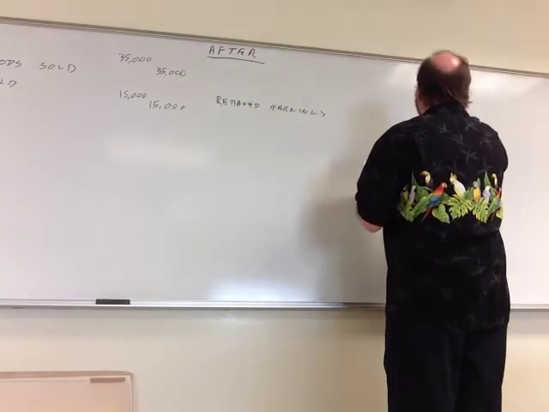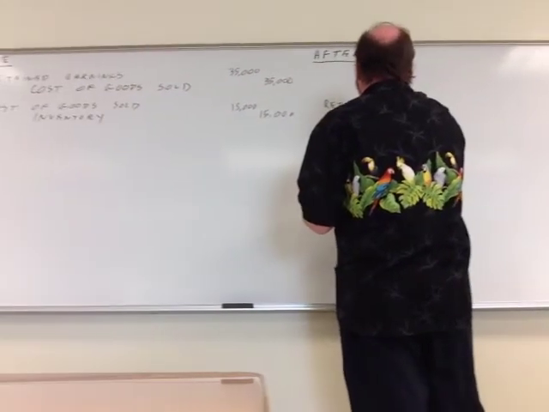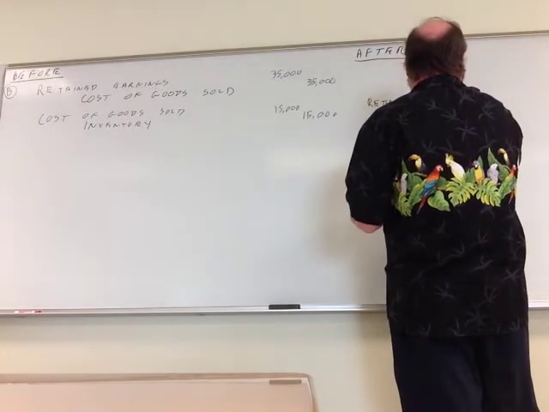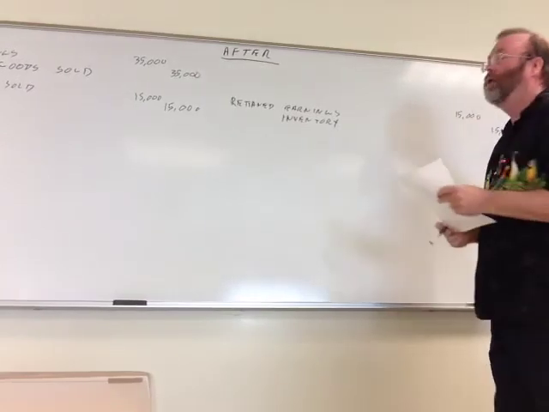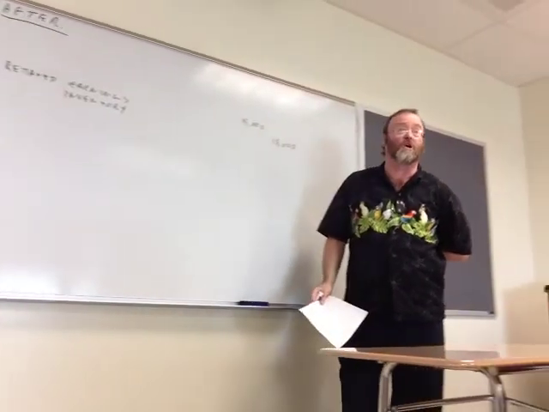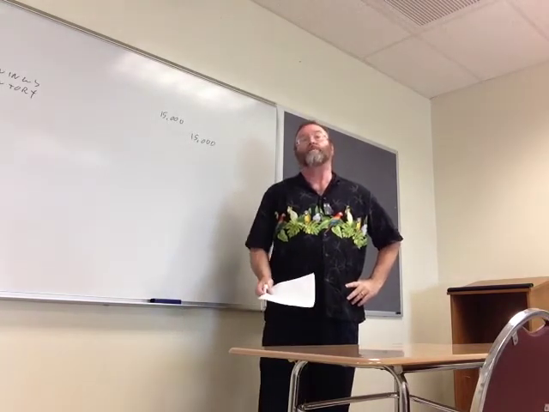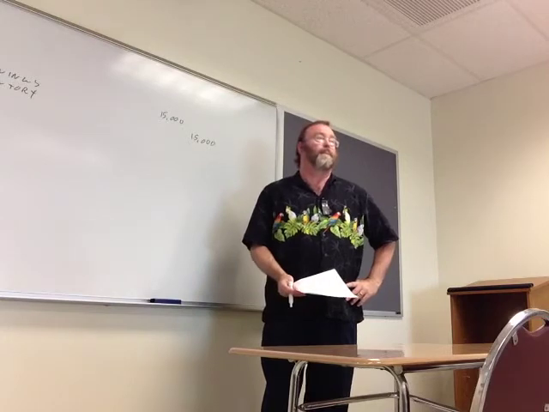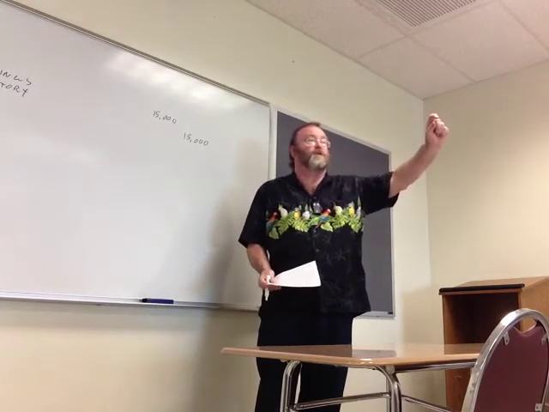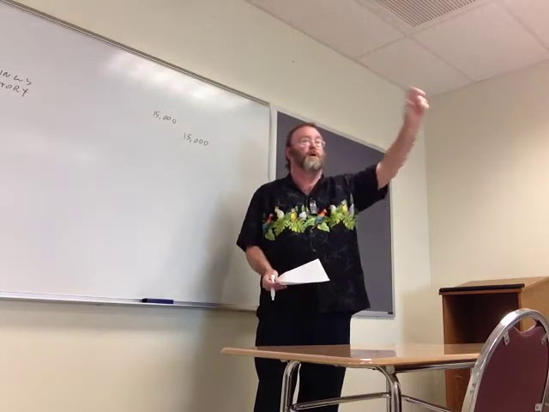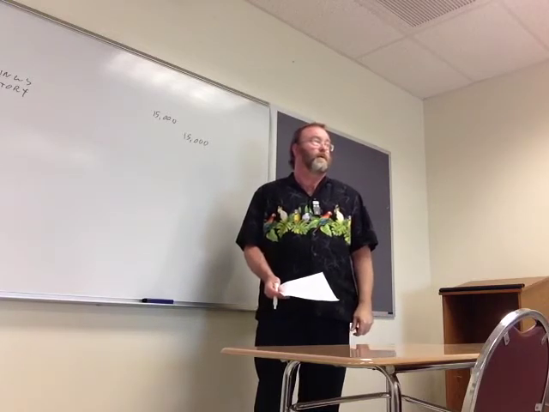So 15,000. And we still need to adjust inventory to its correct levels. All right, so that fixes the current year, 2014's mistake, by just simply reducing retained earnings. Okay? Because we have understated cost of goods sold, which overstated gross margin, which overstated net income, and overstated retained earnings. What about the